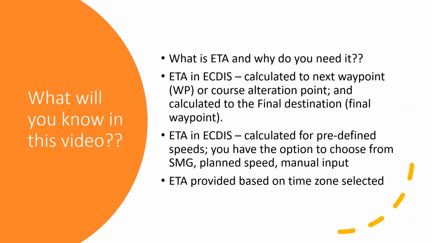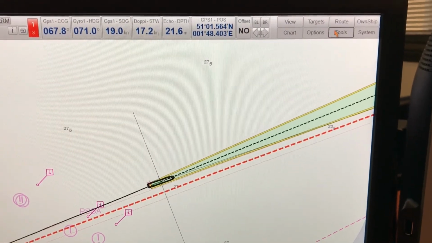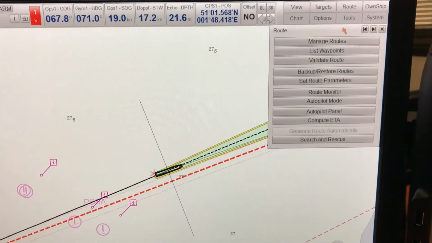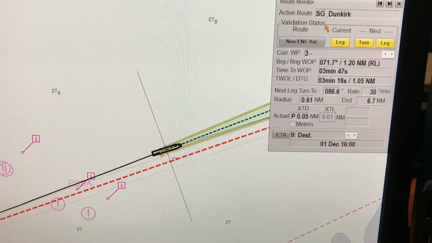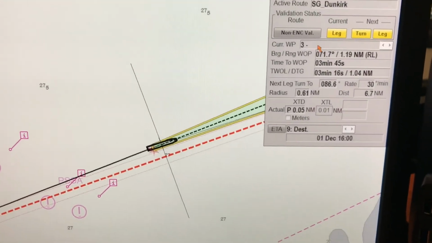So let's go now and see how you go into the ECDIS and find out the estimated time of arrival. If you want to find the ETA, go to route and go to route monitor, and here you can pretty much find the details to your next waypoint.